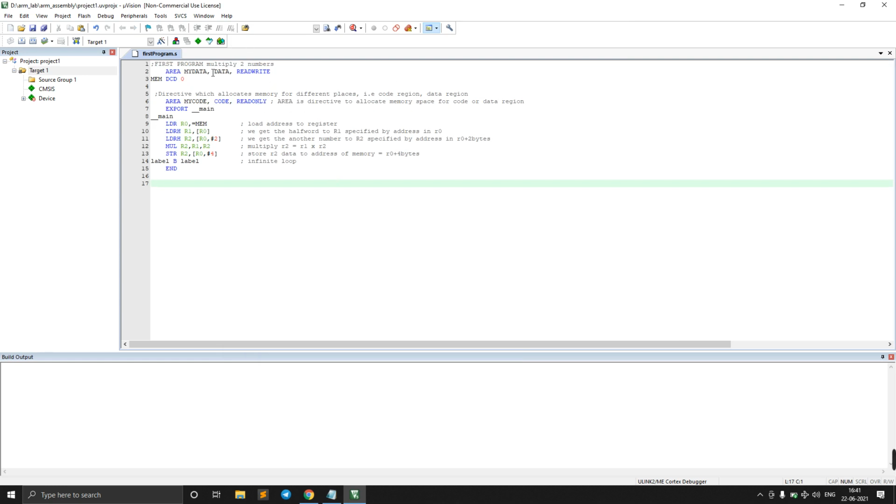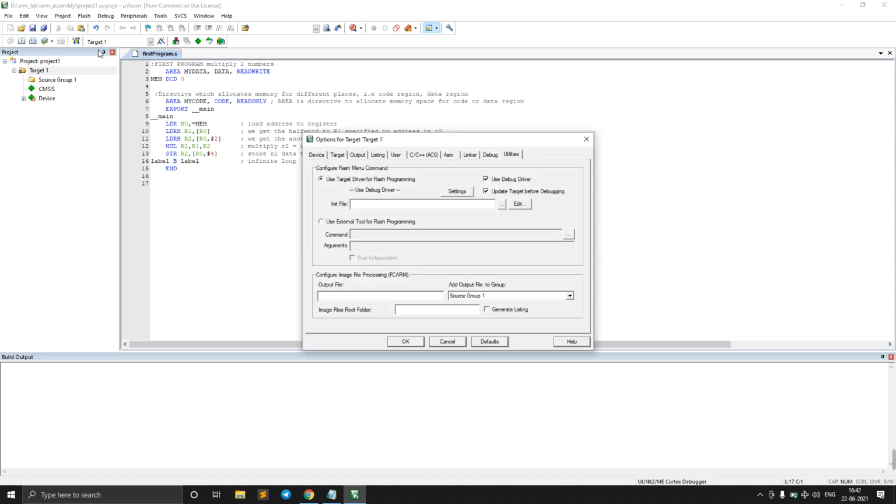Now, before debugging this program, sometimes if we directly debug this, it will give errors like target not found. So before clicking build or link, just go to Flash and go to Configure Flash Tools.